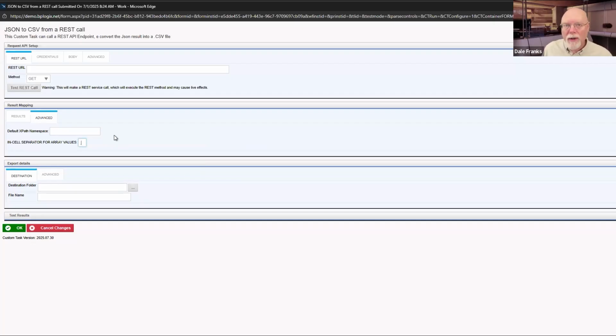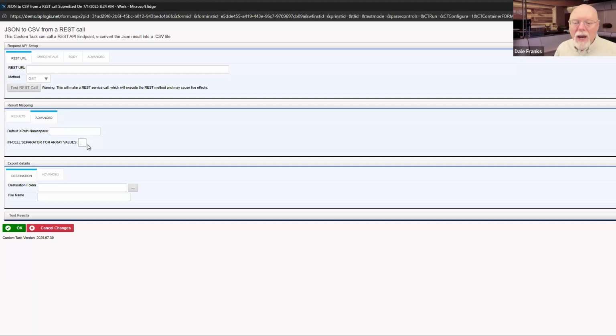Now, by default, because you are exporting to a comma separated list, we can't really use commas as the field separators. The default is to use the semicolon as the field separator. And forgive me, I know that's very hard to see on Zoom, but that is indeed a semicolon in that little box there. And so all of the array values that are returned by that particular field name of your JSON data will be placed into the CSV file, and they'll all be separated with a semicolon between them.